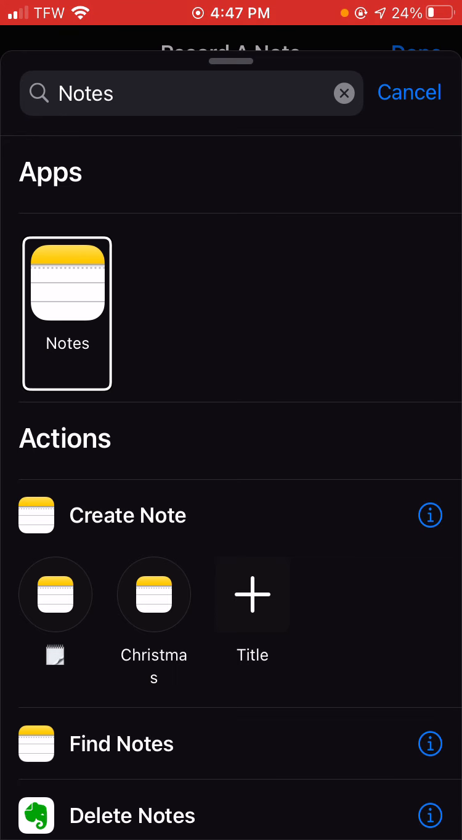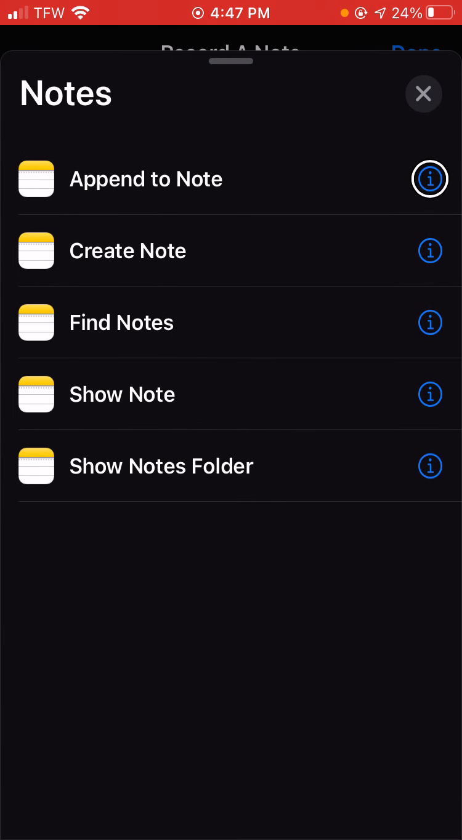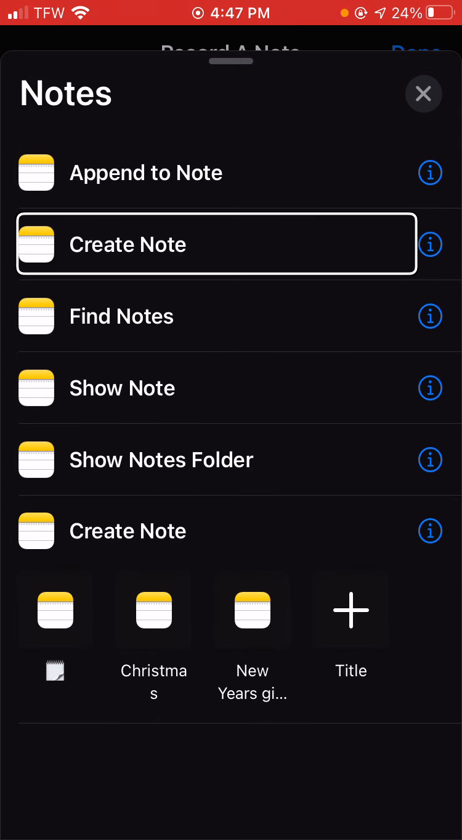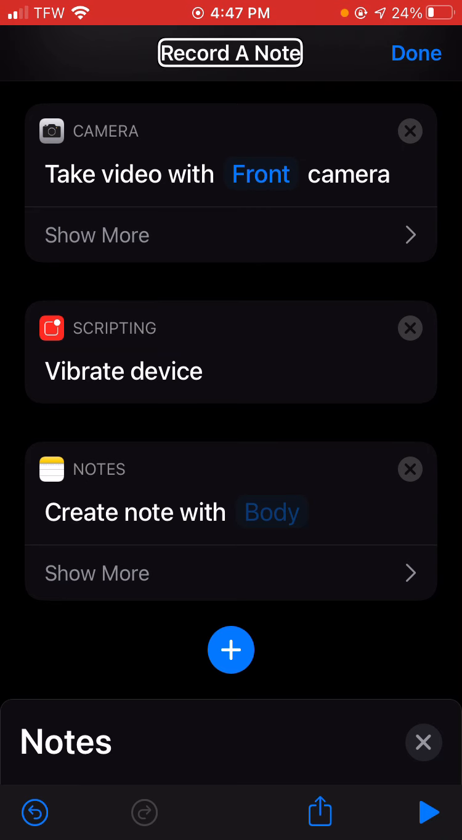If we double tap on the Notes app within the search results, it gives you more specifics. I can append to a note, or create a note. That's what we want: Create Note. It gets added to the shortcut below Vibrate Device. Well, in order for this puzzle to work,